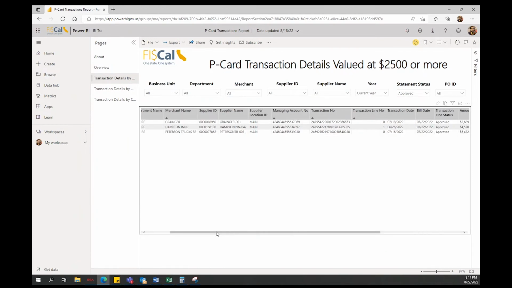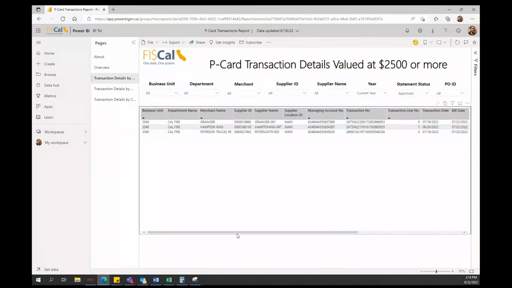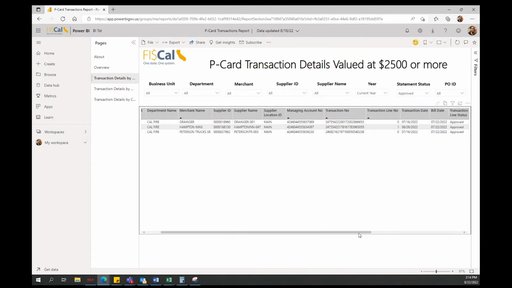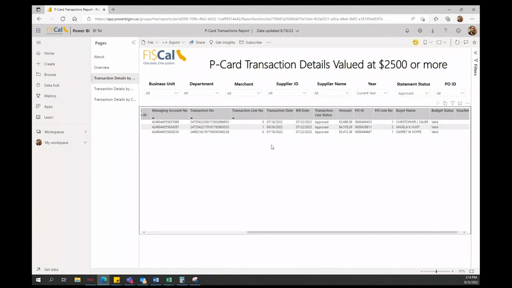You can get all the details further down: the business unit, department name, merchant name, the supplier ID associated with it, the supplier name, supplier location ID, the managing account, the transaction number for the P-card transaction, the line number for that particular transaction, the transaction date, as well as the bill date,